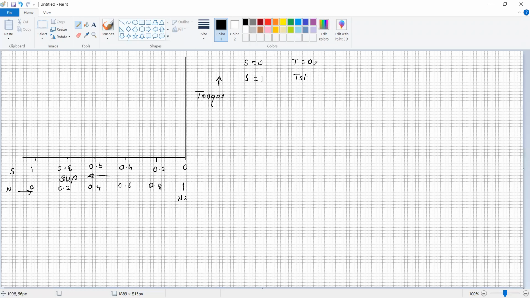So at a small value of slip, torque is directly proportional to slip, and at a higher value of slip, torque is inversely proportional to slip. Therefore, in the torque slip characteristic, as the slip increases, torque also increases, and it becomes maximum somewhere. Once it becomes maximum, with increase in slip, that is decrease in speed, the torque decreases. So this is the condition.